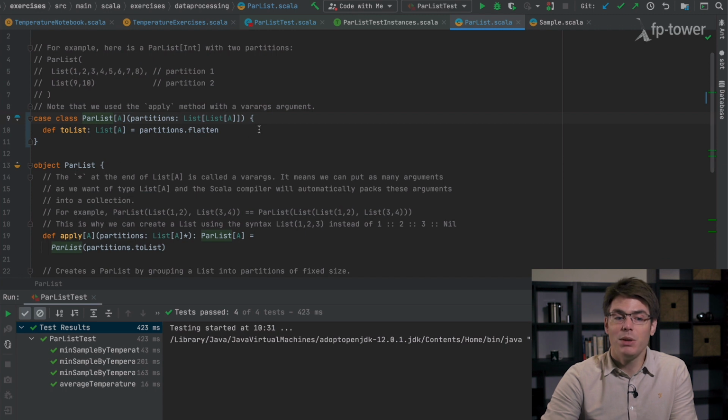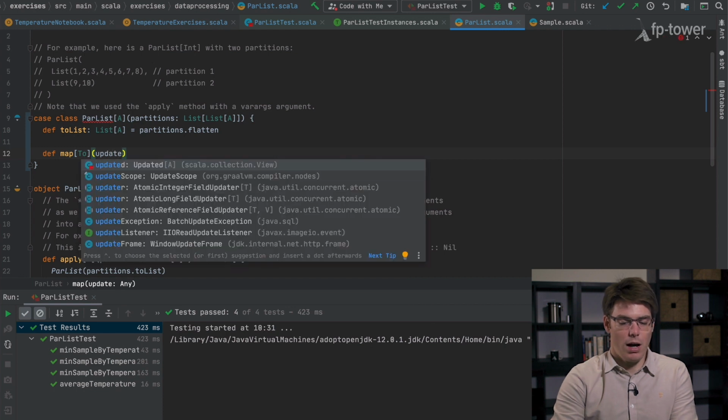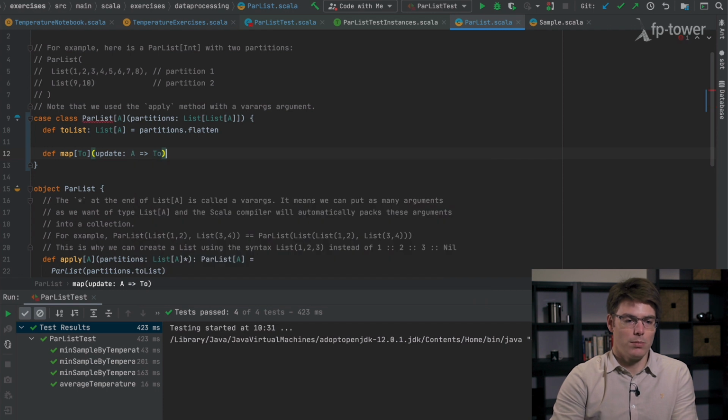So this means that we need a method to update every element in a par list, but this should be quite easy to write. We could say, okay, map. It's a higher order function that takes a function from A to B as an input. So this will be the update that we apply on every element.